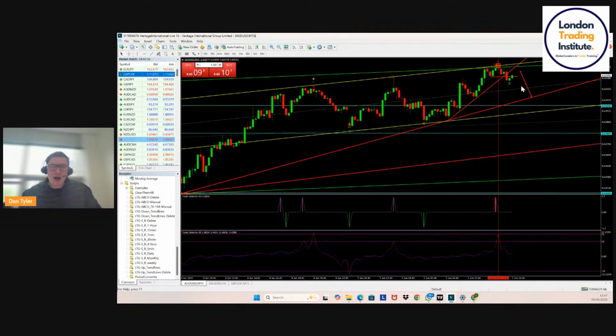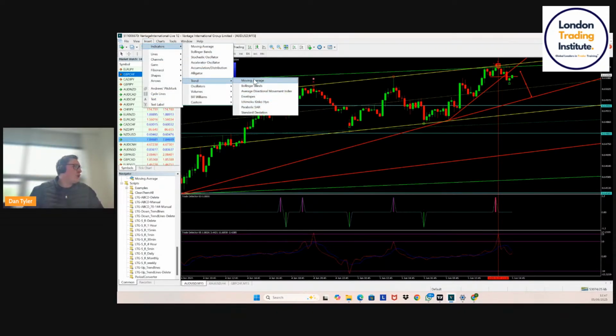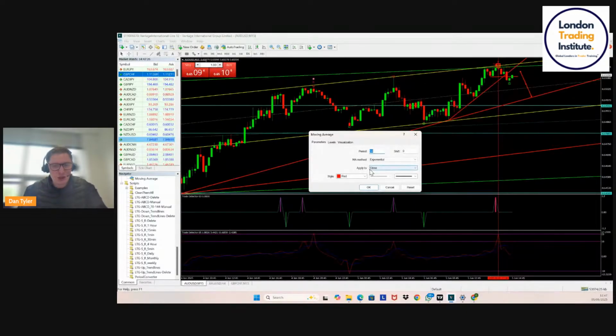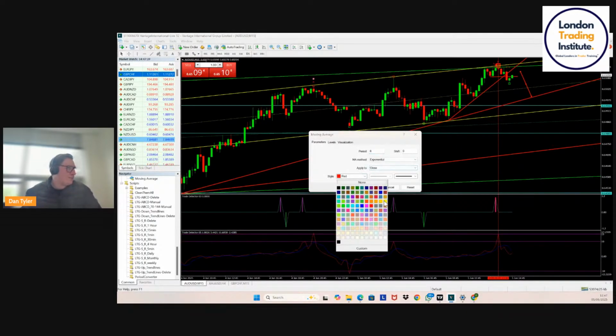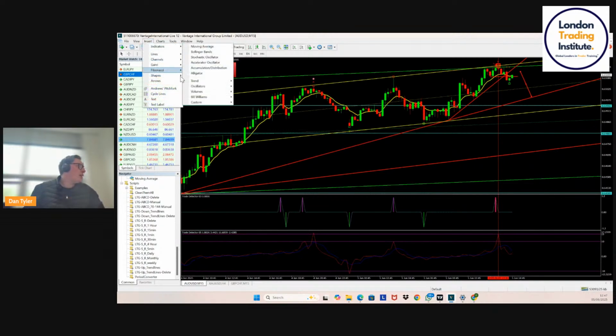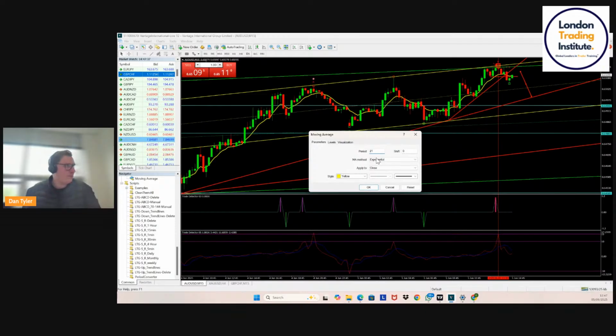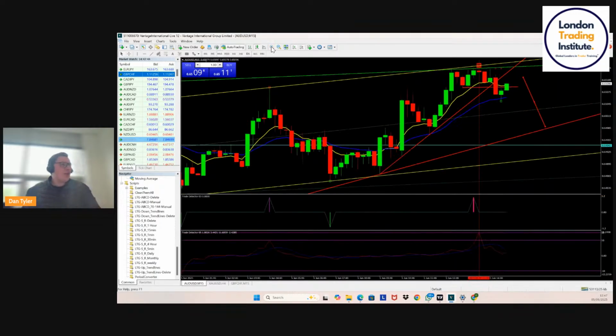Now, a trigger I really, really love to use when trading this. Yes, I've gone over a few times before that you can use moving averages. You can use an 8 exponential moving average, and you can use a 21 exponential moving average. In this circumstance, they haven't crossed over. They're not giving us a signal right now, okay?